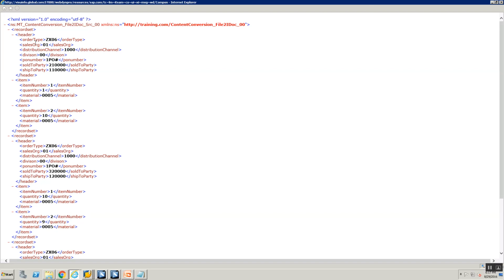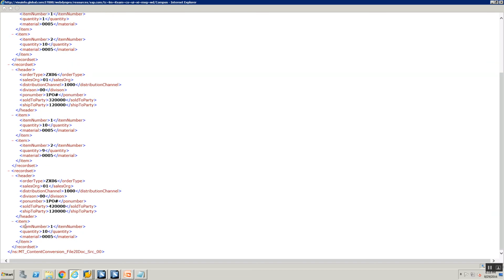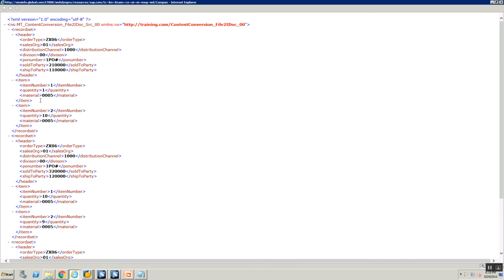And you see, exactly like what we wanted, we have everything that is created. There's some problem with the data with our content conversion parameter because the PO number is showing incorrectly. The sold to party is also showing incorrectly. It is because we didn't calculate the length correctly, but that's absolutely okay. Our issue is not to make sure all the lengths were right, but to make sure that everything was right. And remember, the quantity was supposed to be 1. Here it is 1. There was a space. That space has also been taken care of.